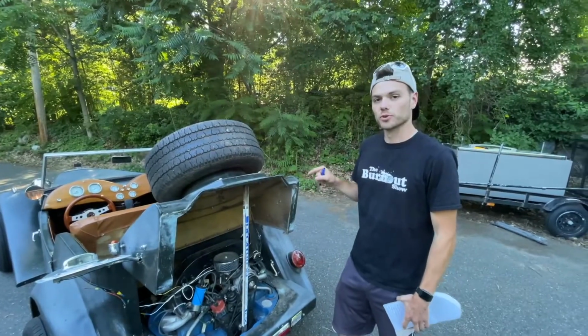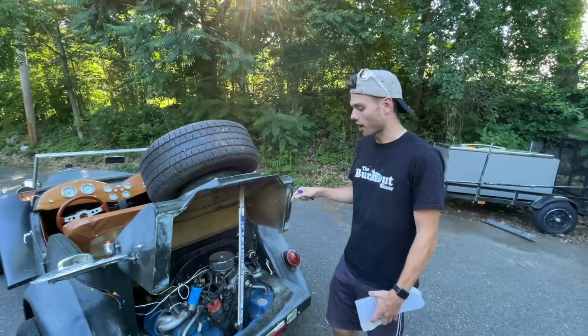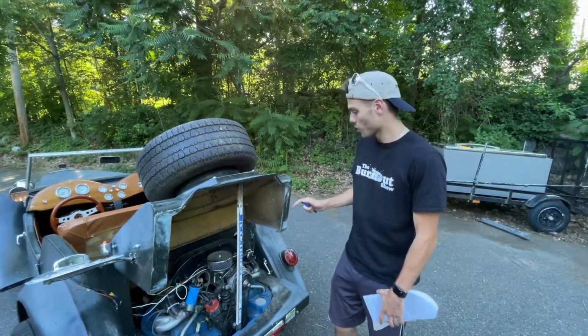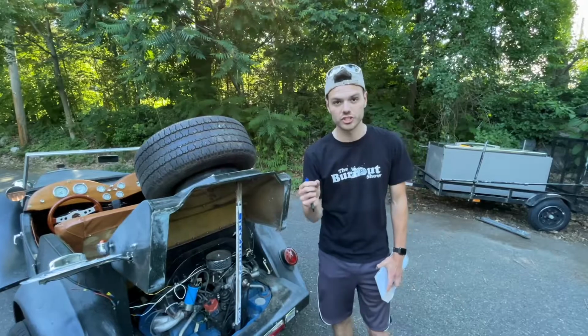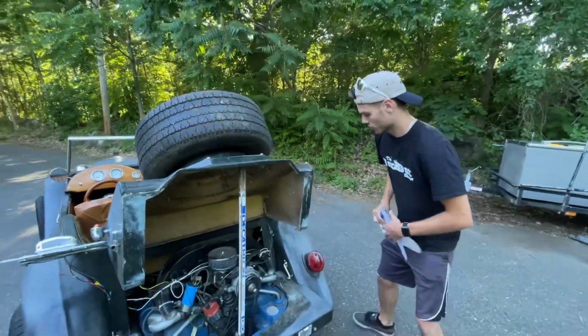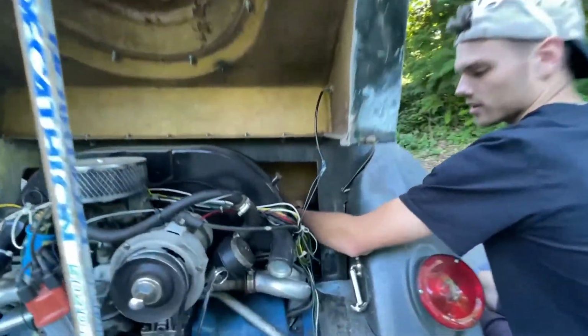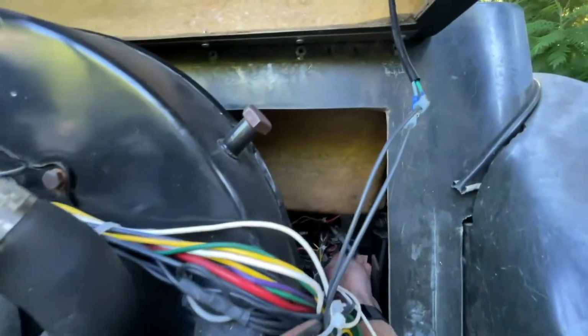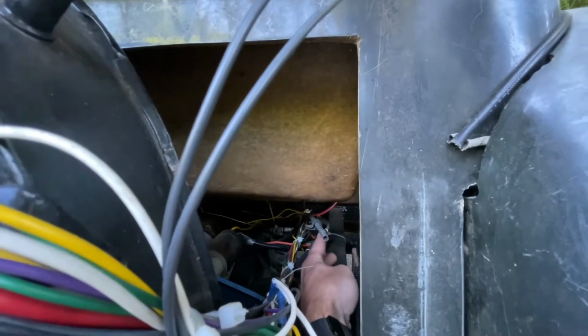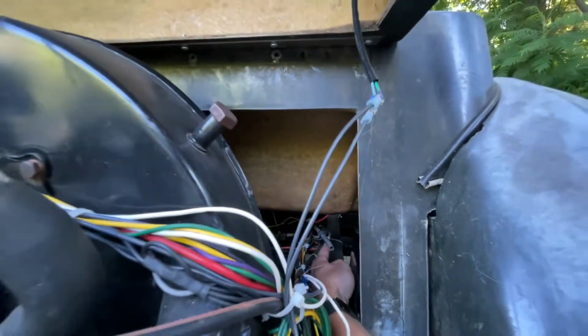Although the engine has proved to be one of the most reliable parts of this car, there's a few things back here that you would call janky. And number one thing is the OEM original gas line dangles there, and I don't use it. So right down here, this that my hand is on is the original gas line. However, it just dangles in there, and I don't have it hooked up to anything because I don't use it